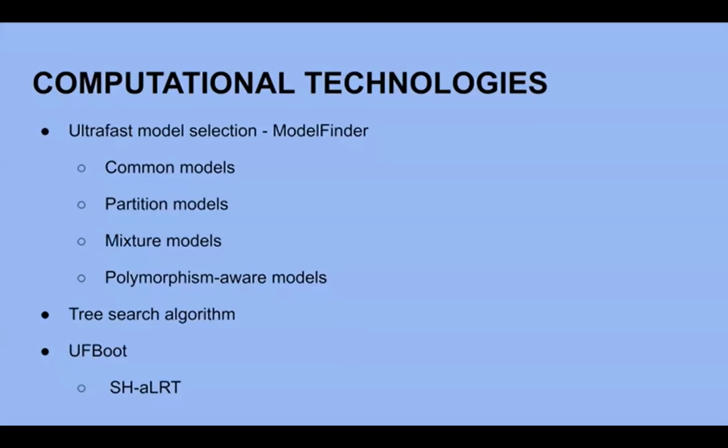What about different models? I've told about Model Finder already. It's the application that is implemented into IQ-tree, and it helps you to choose the best substitution models to count these probabilities of change in nucleotides or amino acids. And there are lots of them.